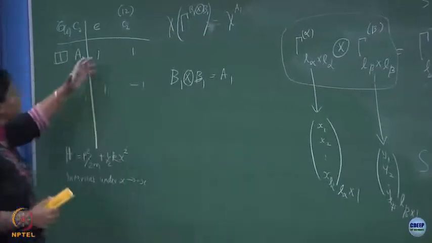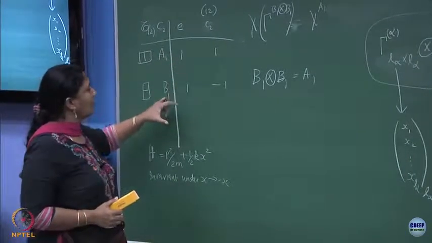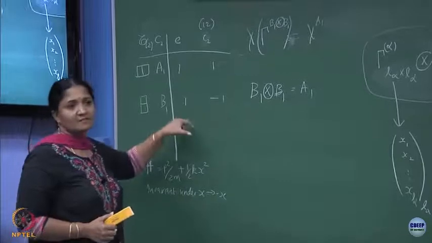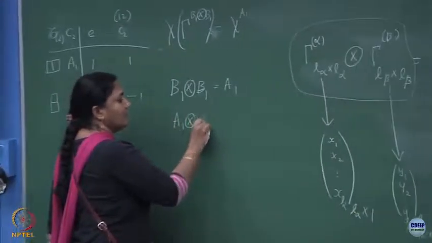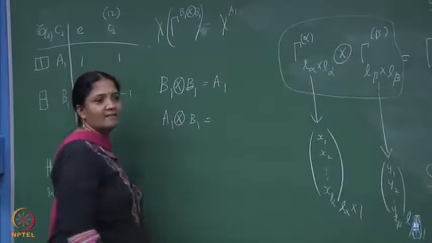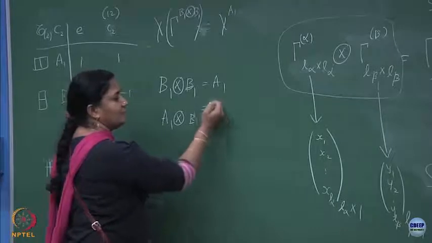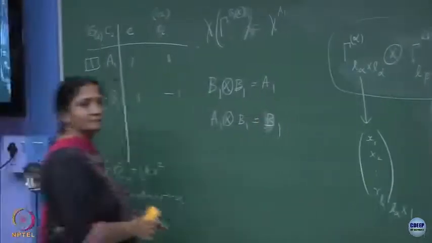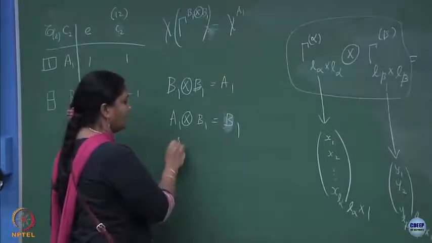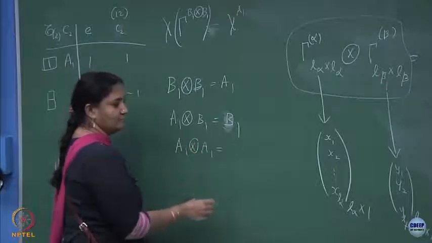And another simple way you can see in one dimension is that the product of these characters will be this. So, now you can blindly write A1 cross B1 will be what? A1 cross B1 is B1, is that right? So, these are things which, A1 cross A1 is trivial, that is going to be